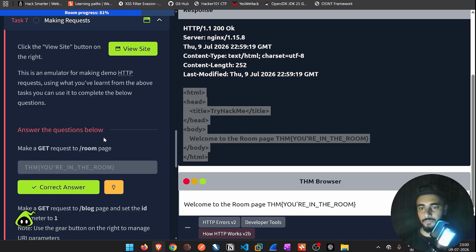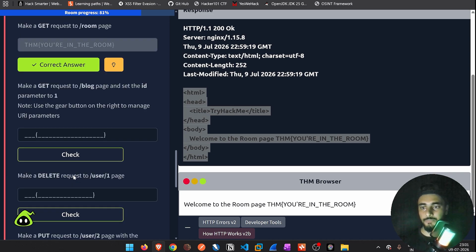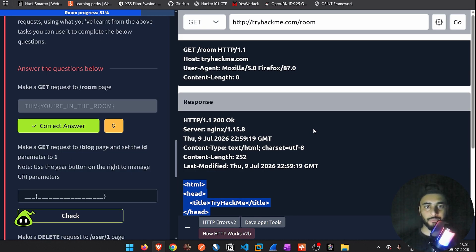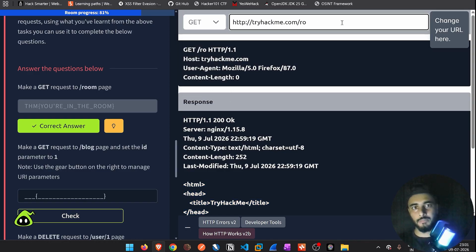Now the next question is make a GET request to blog page and set the ID parameter to 1. Note, use the gear button on the right to manage the URI parameters. So now we have to request, through a GET request, slash blog and within blog the blog with ID 1 from the web server. So let's see how we will do that. This will remain GET. After that, here we have to write blog, that is the path, and maybe we have to write question mark id equals